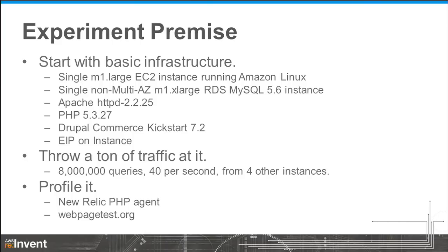But it's actually really difficult to find out comparative information for inside of an infrastructure. There aren't too many people who have published studies or even blog posts about, hey, we added caching to this layer, and this was the result of it. So we like to do things as data-driven as possible here, so I decided to come up with a really brief, small experiment. I took a single EC2 instance, a single non-multi-AZ RDS instance,